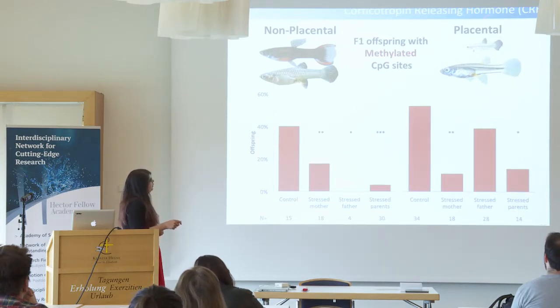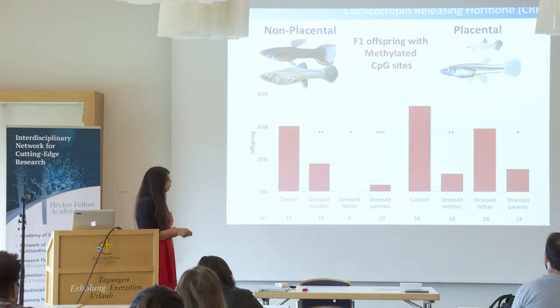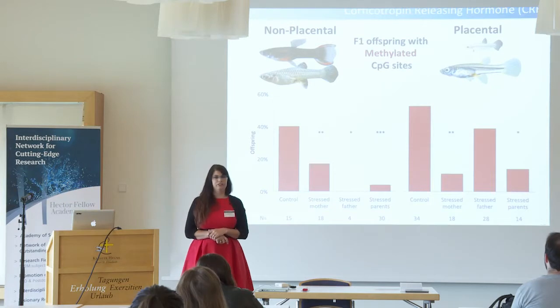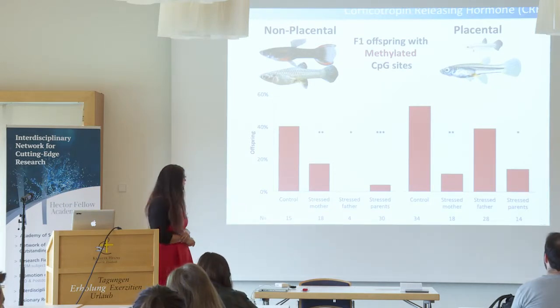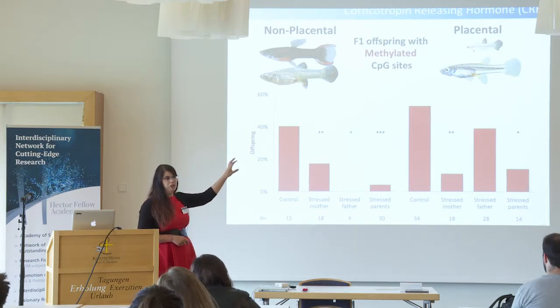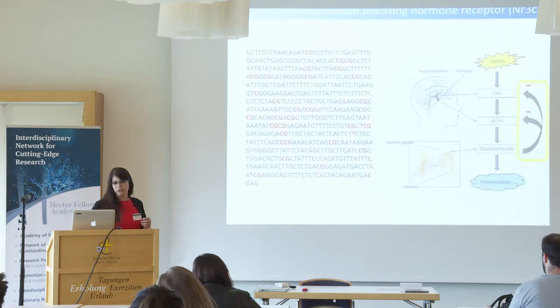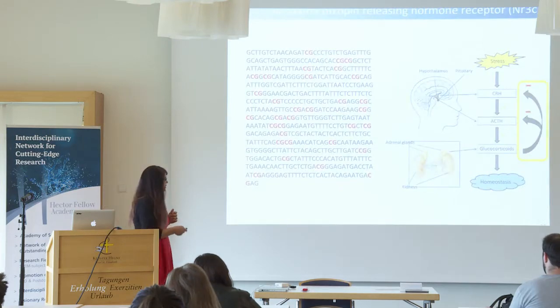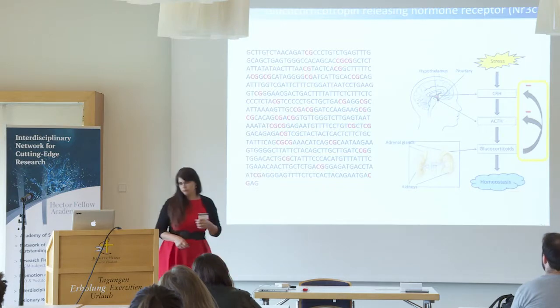Now on the placental side, it's the female rather than the male that really influences this decrease in methylation across all offspring. And so we're starting to see a difference of how the placenta might play a role in the epigenetic effects. Now to look at a different gene, so this is the receptor, so the very end of this feedback loop,